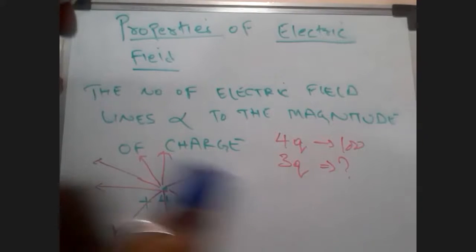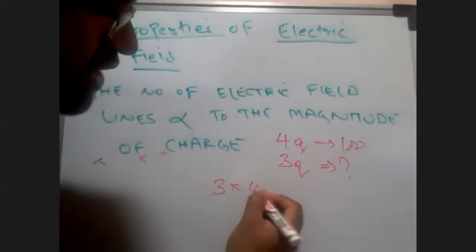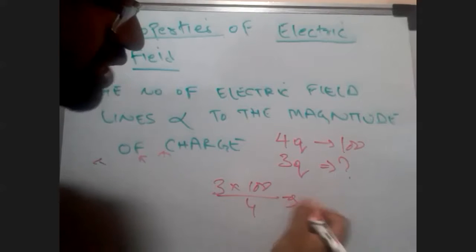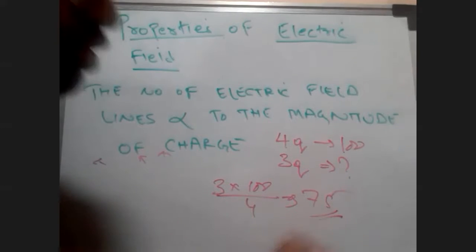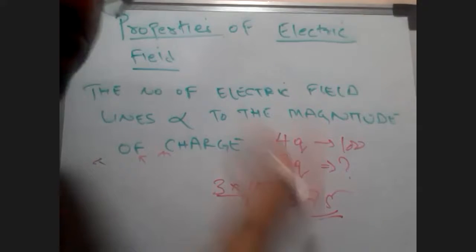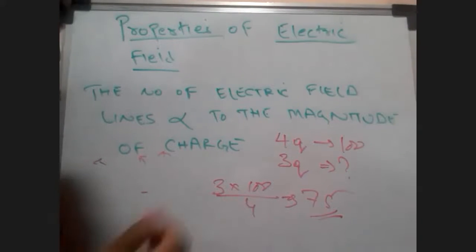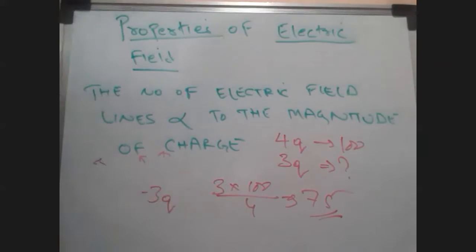75. 3 into 100 divided by 4 will give you 75. But 75 what? Is it going out or going in? Going in, right. So sometimes they will give you a question like this and tell you to draw the